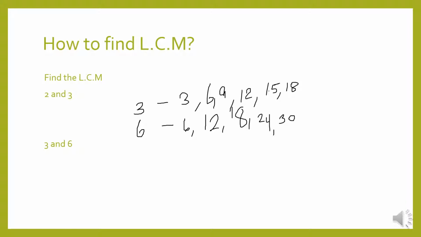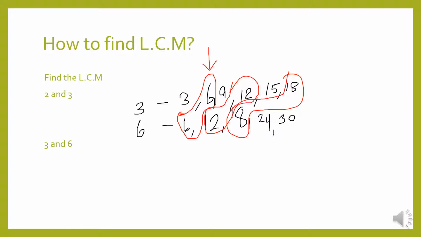Okay, so there are more than one. Let's start with the first one. They have 6 in common. What else? They have 12 in common. What else? They have 18 in common. But we want the lowest common multiple. Alright, so the lowest common multiple of 3 and 6 is 6. Okay, so again, you can write down your multiples and choose the lowest multiple. Alright, let's get to the second method,